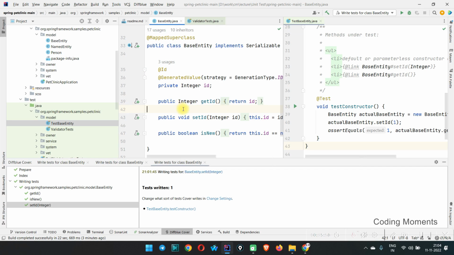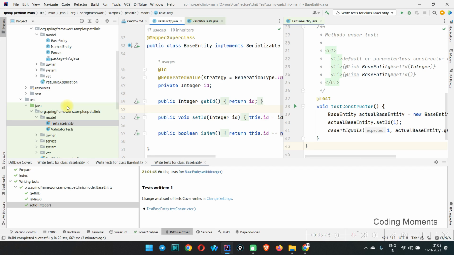Here it is writing very well, but in production it fails to write unit test cases for model classes. But it writes unit test cases very quickly for your service layer, your DAO layer, your controller layer, and exception classes also. For these classes Diffblue is 100% generating your test cases. In some scenarios it is not writing unit test cases, for example where some input output is required frequently, in that case it is going to fail. Or a method,